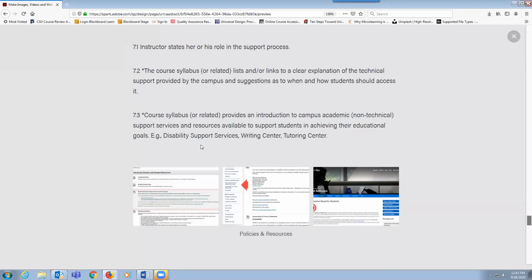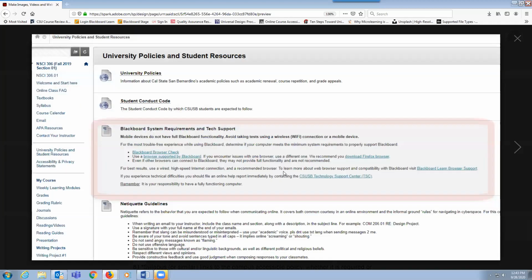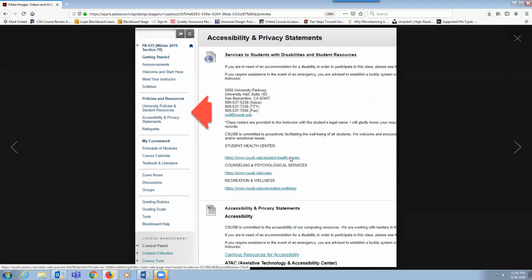And so, you know, just putting these resources in the course, system requirements is super helpful. Creating an area, again, this goes back to what I had mentioned earlier, that even though these things might be in your syllabus, it makes it so much easier to create a section in your Blackboard environment so that students can quickly access the information. So when you have these descriptive navigational links on the left-hand navigation menu, as a student, if I'm faced with